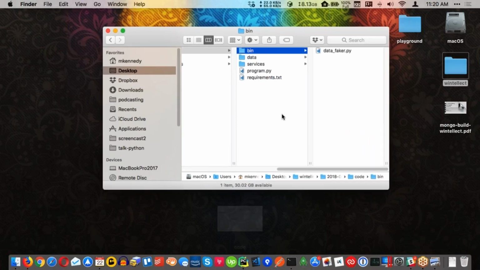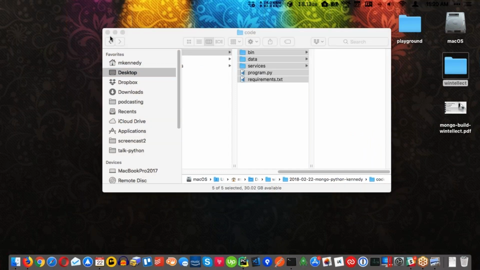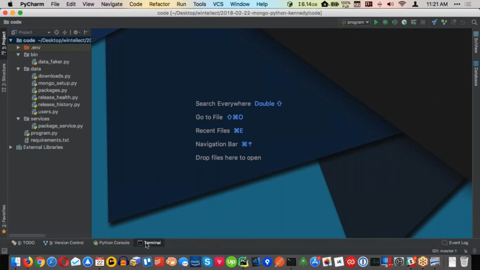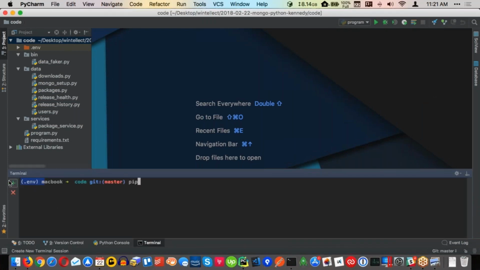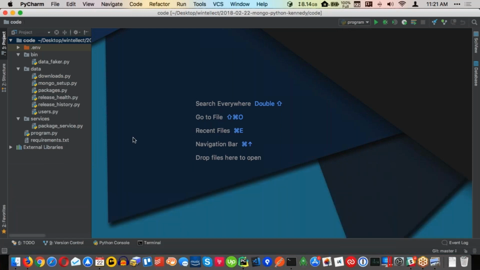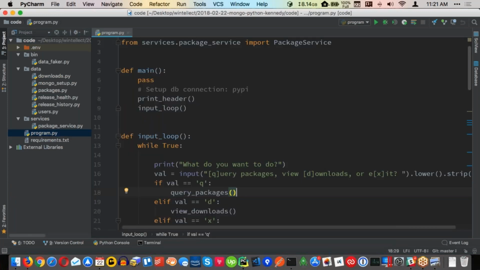So I'm going to start with this project we have right here, and I already have that open in PyCharm. We have a virtual environment with Mongo Engine and its underlying piece, PyMongo, installed. Okay. Now, it might look like there's a lot of stuff here, but it's not really set up yet. There's just some placeholders. So I wrote a little bit of code so we can stay focused on the actual